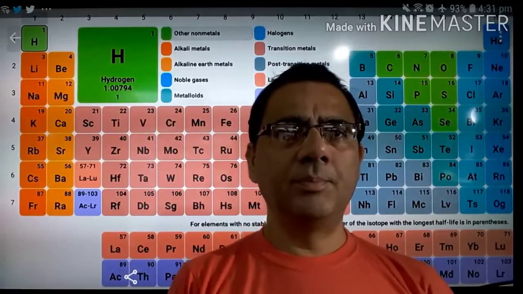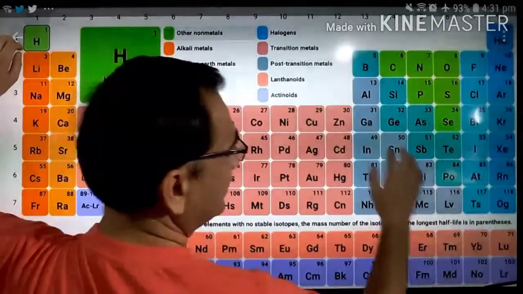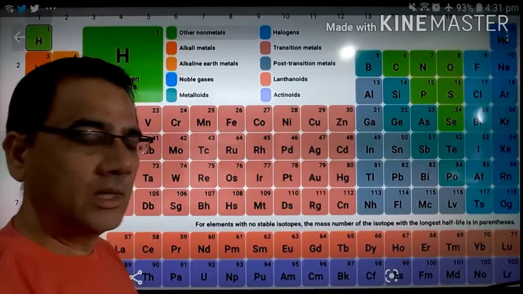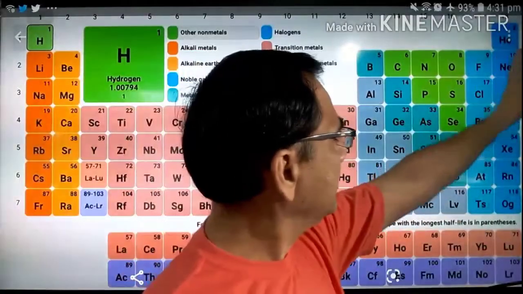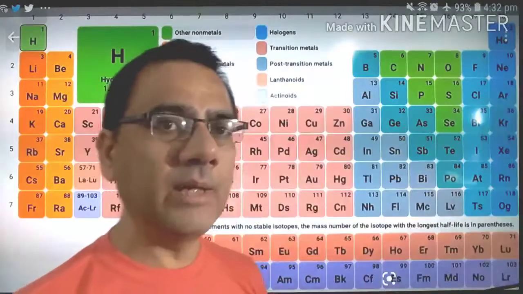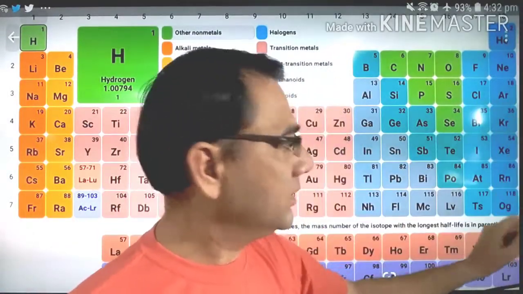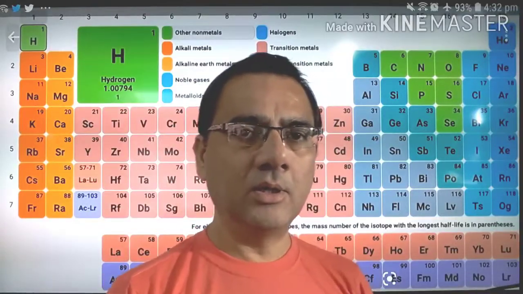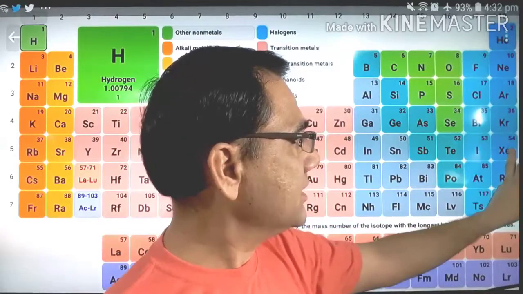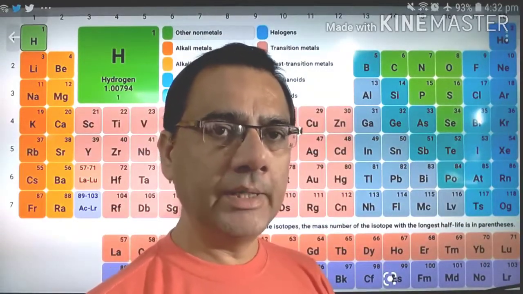See, in this periodic table, from this side and up to here, almost all of these elements are called metals. And on the right side you see one type, second type and third type of blue colors are there. The extreme right side, this vertical column, is called noble gases or inert gases. Extreme right side: helium, neon, argon, krypton, xenon and radon. These elements are called noble gases or inert gases.